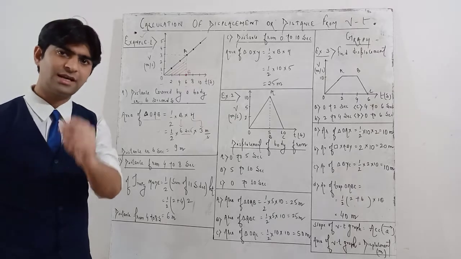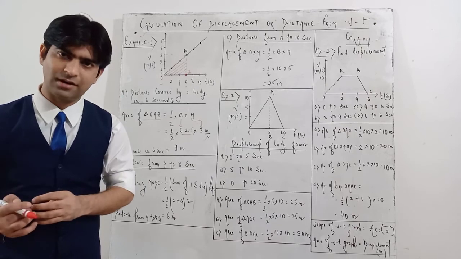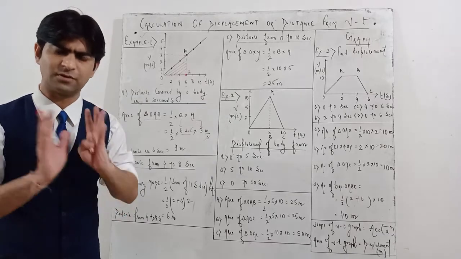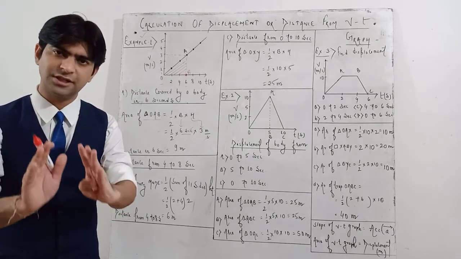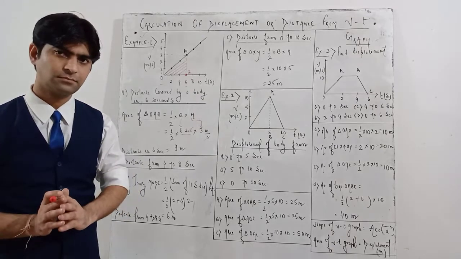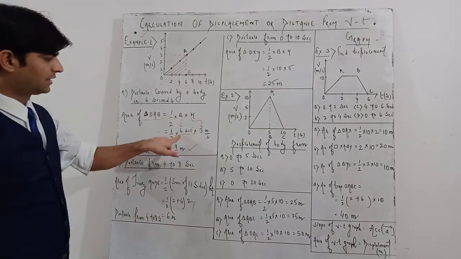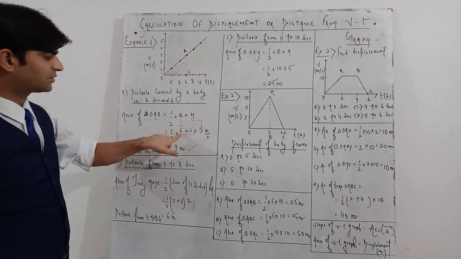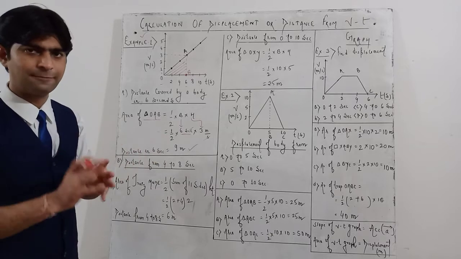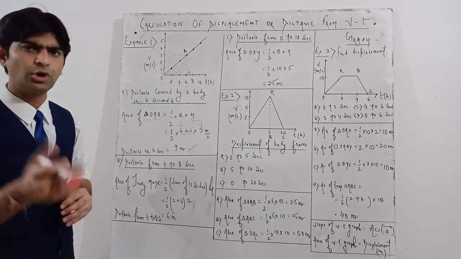That means if you calculate the area under the graph of a velocity time graph, you are going to get distance or displacement. This is a very simple concept of today's class. If a velocity time graph is given, you have to calculate the area under the graph. Now simply calculate: you will get 9 meters. That is, half into 6 into 3, which becomes 3 into 3, 9 meters. That means in the first 6 seconds, from 0 to 6 seconds, the body has covered 9 meters distance, or displacement also you may say.